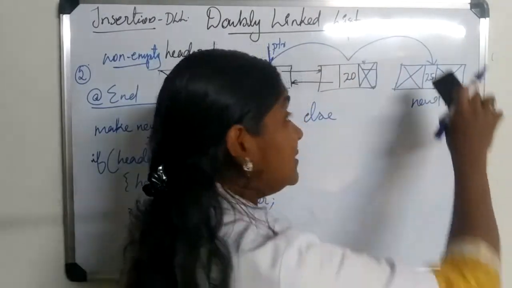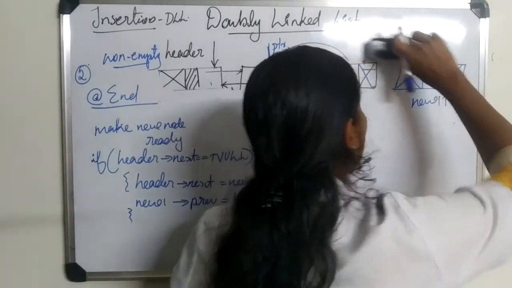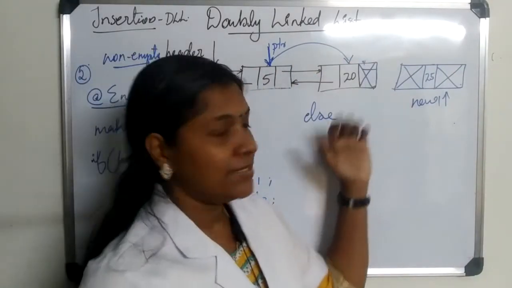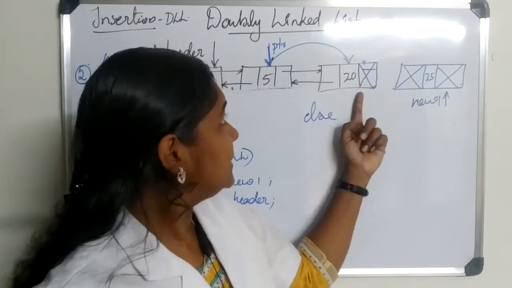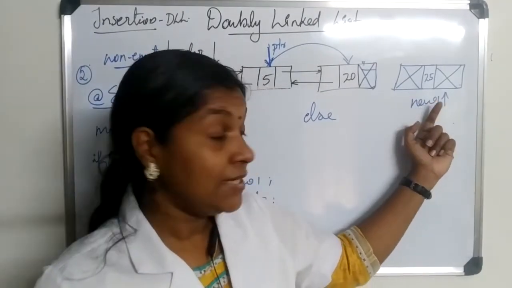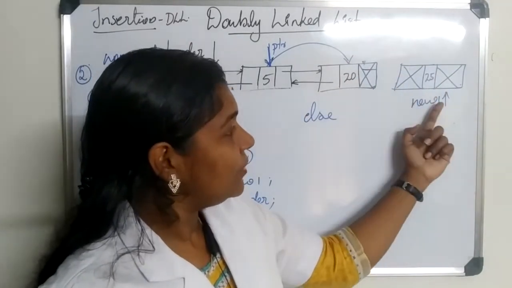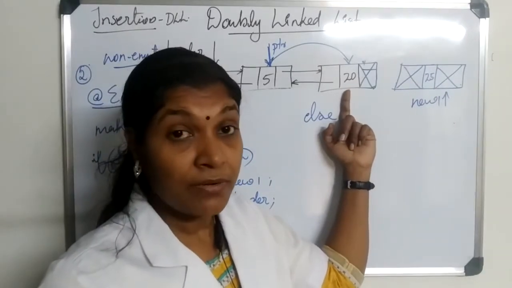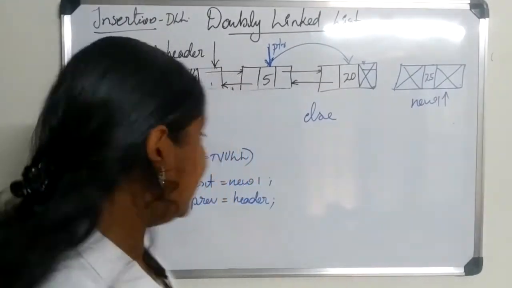So this is our new node. We need not go till this node. Reaching this node is enough. This is our last node. So I have stopped the pointer on reaching the last node. Now it is very easy to manage the pointers because this is having name PTR and this is having name new1. Then what is the remaining part? We need to manage the next pointer of PTR to new1. Then the previous link of new1, that is new1.previous is equal to this node. What is the name of this node? This is PTR. Okay. So shall we move on to the algorithm part directly?